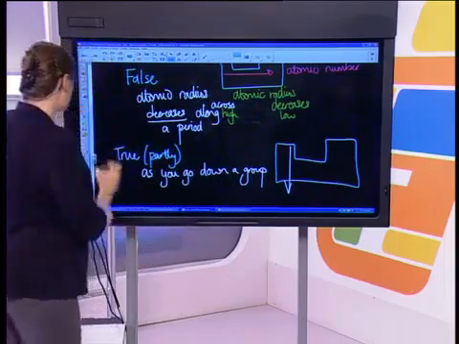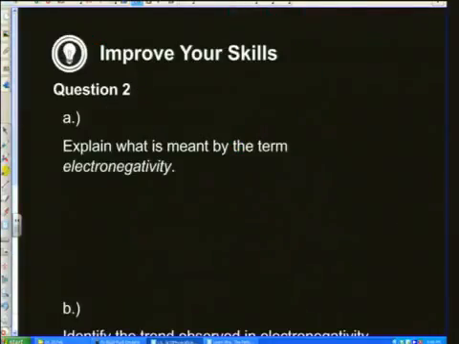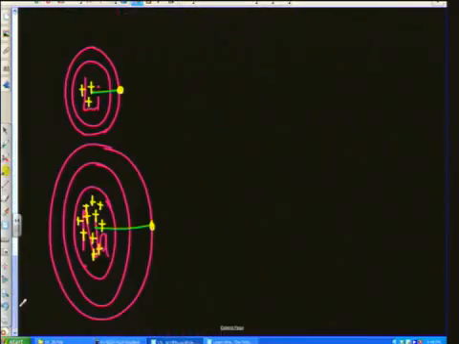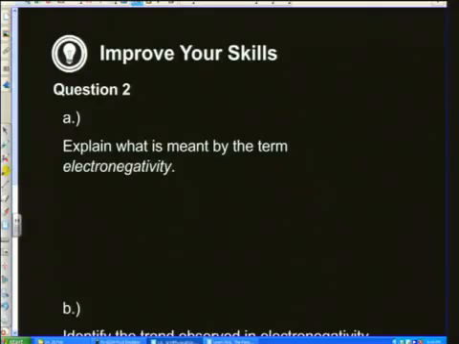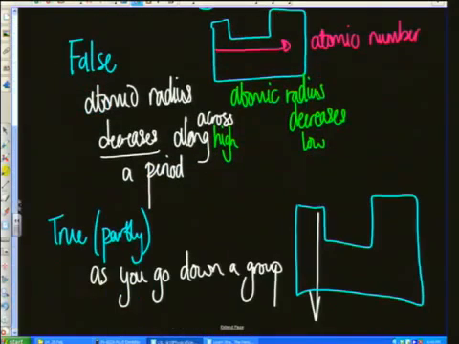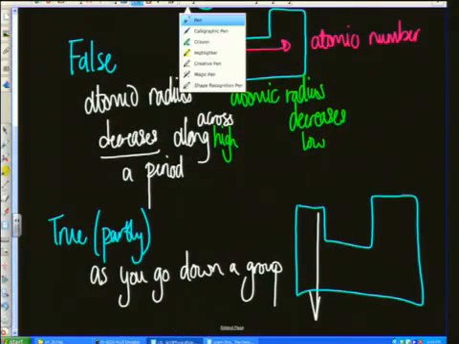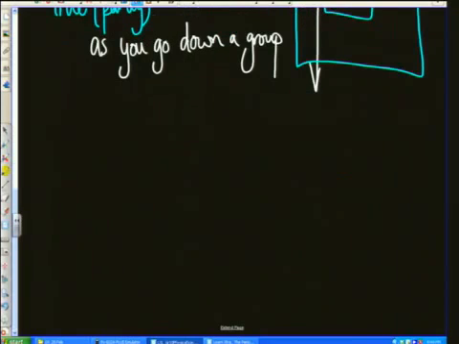And I sketched this for you a few moments ago when we answered this question. Lithium had 2 energy levels. Directly below it, we're now going to 3 energy levels. Below that, it would be 4 energy levels, and so it would continue. So as you go down the group,